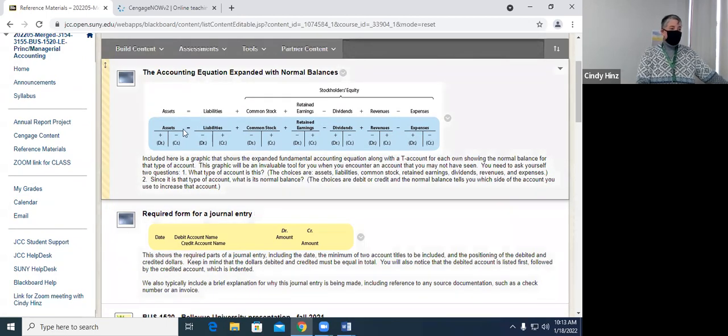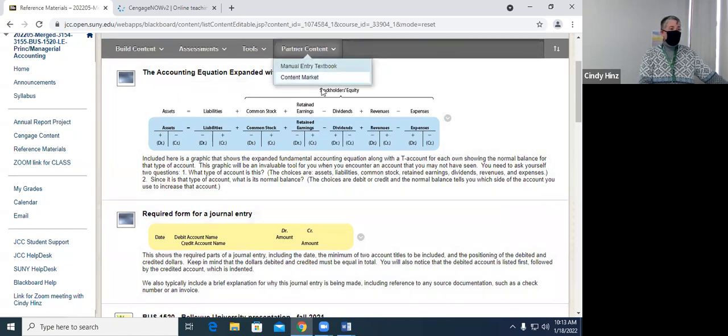The first one, I just want to remind you of the expanded fundamental accounting equation. Assets on the left, everything else is on the right-hand side of the equals: liabilities plus common stock plus retained earnings minus dividends plus revenues minus expenses. If I just were to draw a line down right here,